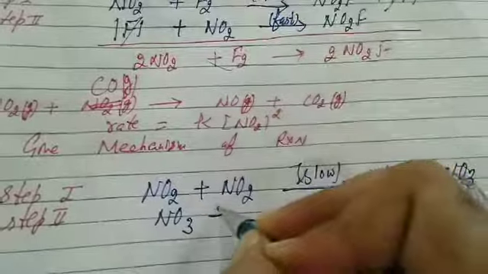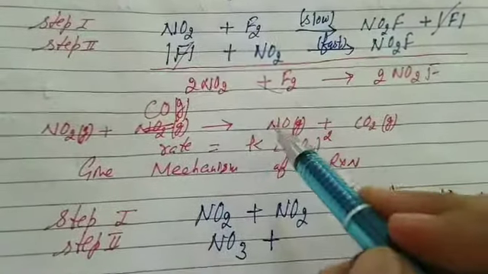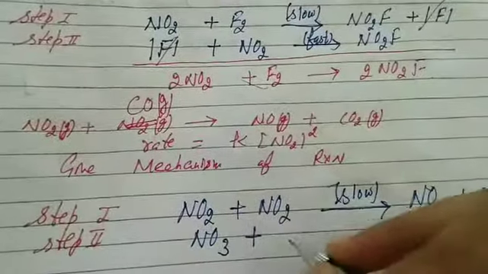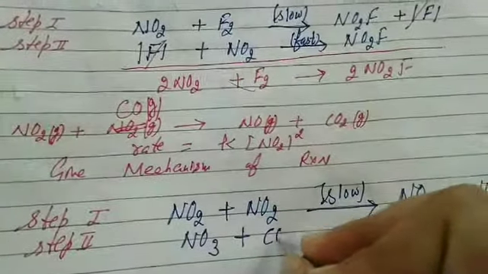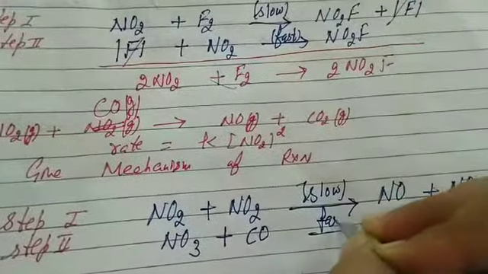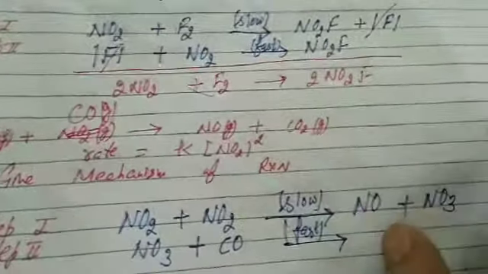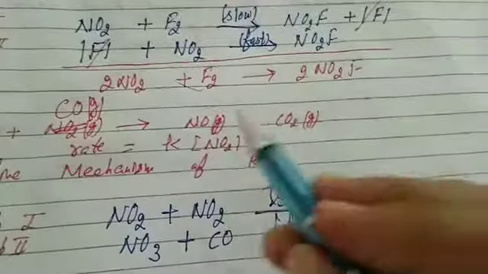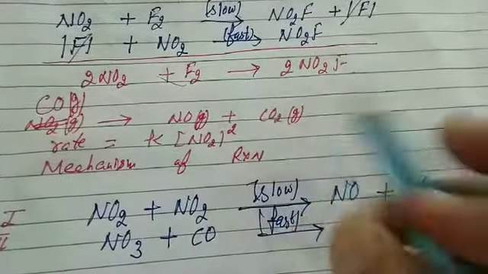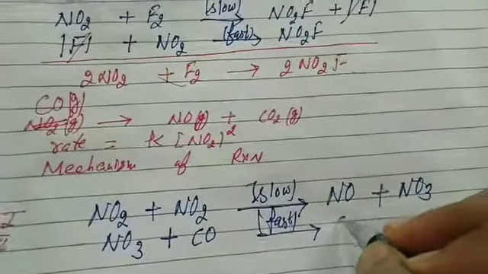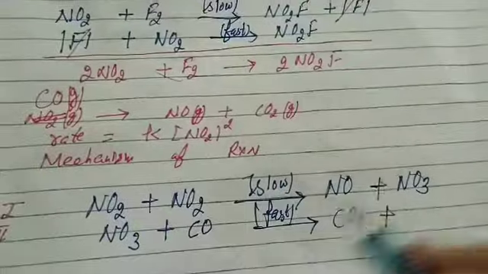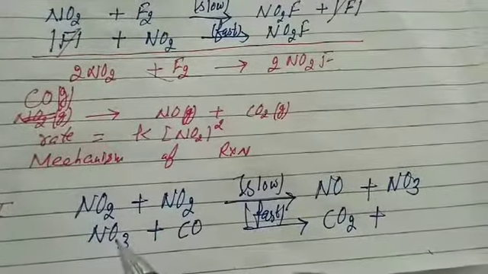Now students, it will react with, again check the given equation. In the given equation, carbon monoxide is proceeding. So we proceed it through the second step. And then we mention it is fast. Again we have to write products. Take a hint from the given equation. In the given equation, the products are NO and CO2. NO is already formed. Here we will definitely form CO2. Plus, now what is left? Randomly balance it, NO2.